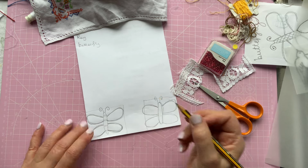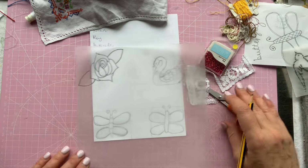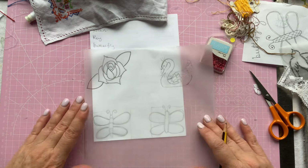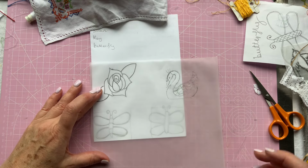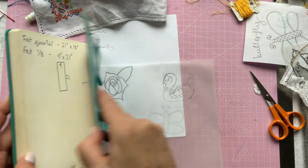I quite like that one. So what I'll do then is, I'm trying to start saving all my tracings as well, so it's easier to go back. So what I do is, in this book,